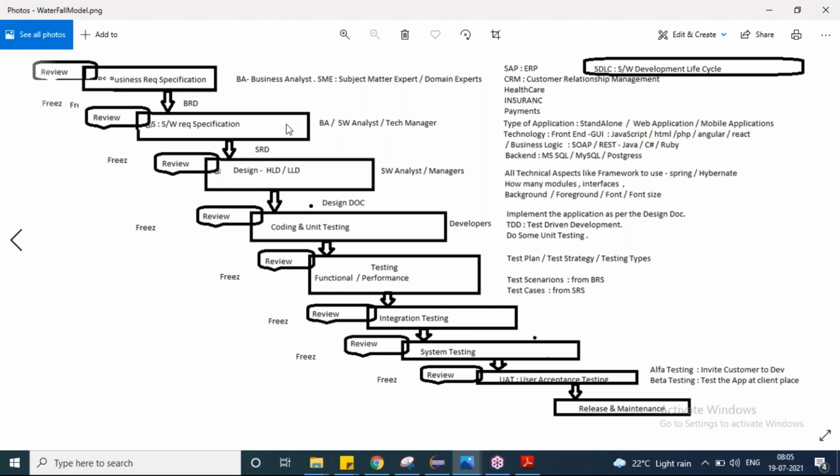Your software architect level people will take the business requirement given by the domain experts or subject matter experts, and that will be converted into a software requirement specification document.